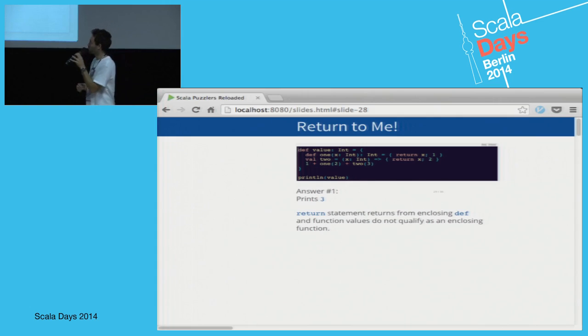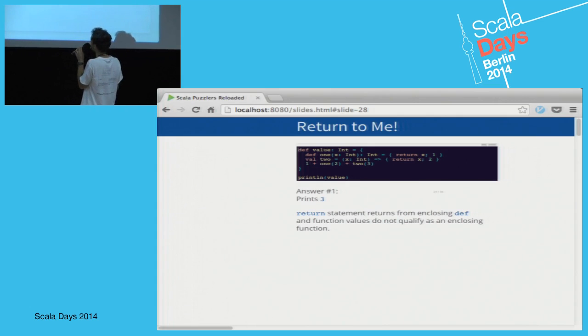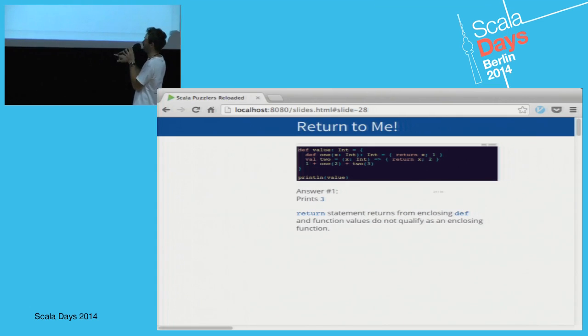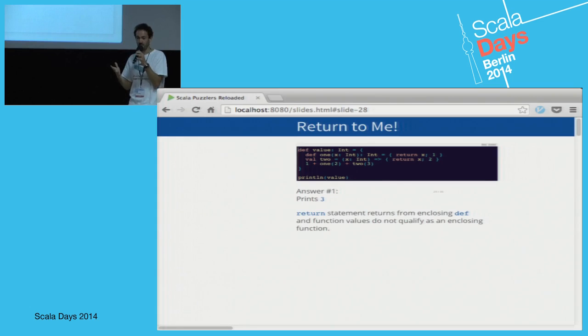So what happens when you run the code? Well, it obviously parses the first two, and then it gets to that last line, one plus one of two. So it calculates, it goes one, that's very nice. One of two is return x times two. So that's 3 at this point. And then it goes two of 3, and then it reaches the return x and goes boom! That's the return value of the function. And it totally ignores the one plus one of two bit, and it returns 3 as the result of value,